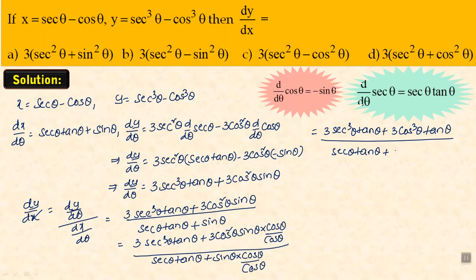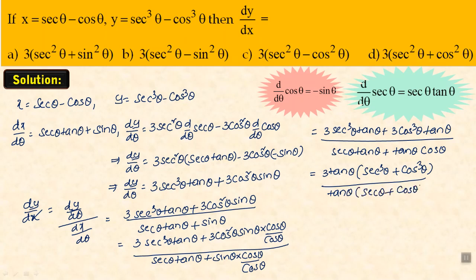plus sin theta by cos theta is tan theta into cos theta. In these two terms, 3 into tan theta is common: here secant cubed theta plus here cos cubed theta, divided by, in these two terms tan theta is common, here secant theta plus here cos theta. Here tan theta gets cancelled. This equals 3 into secant cubed theta plus cos cubed theta divided by secant theta plus cos theta,